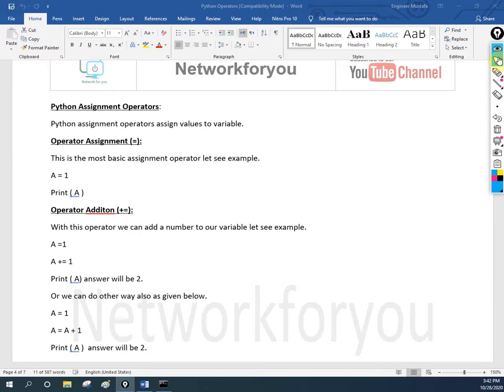But we need to learn this to make network automation. To do network automation, we need to learn Python and then Ansible. This is the basics of Python. If you are good in the basics, you will become a master in the other topics. So we need to have the idea.